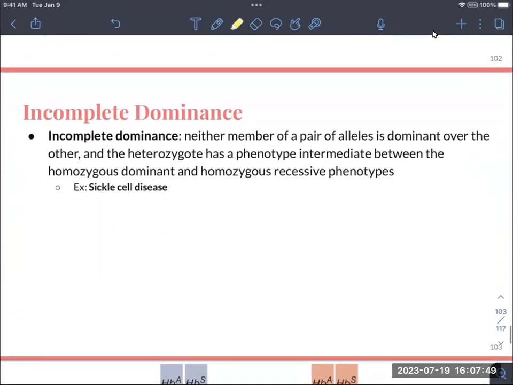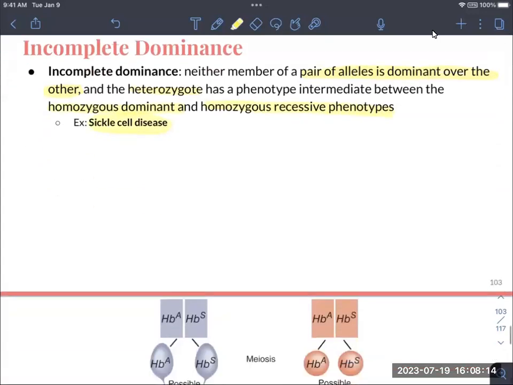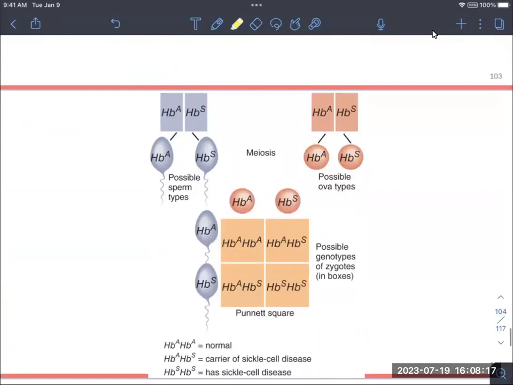So incomplete dominance. Neither allele of this pair is dominant over the other. So the heterozygote has a phenotype in between the homozygous dominant and the homozygous recessive phenotypes. That gives people sickle cell. So that hemoglobin